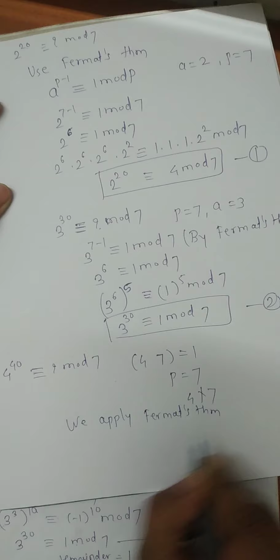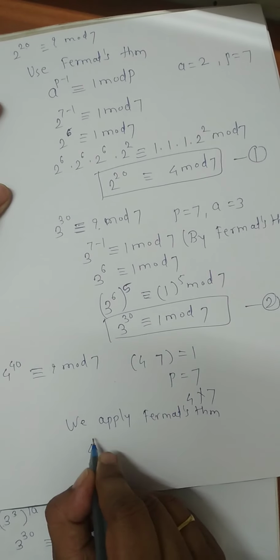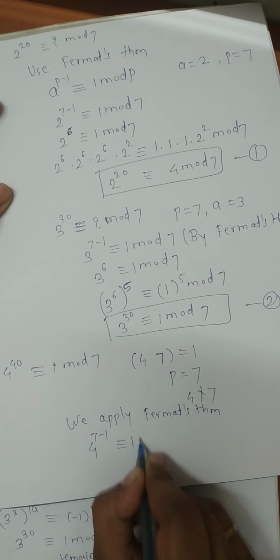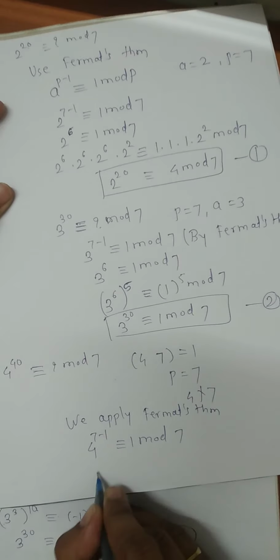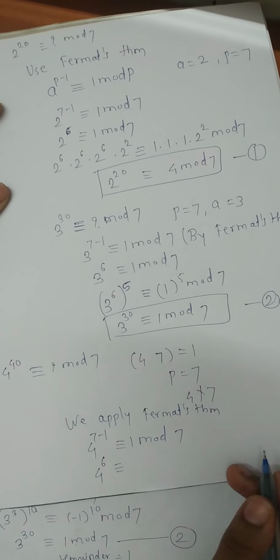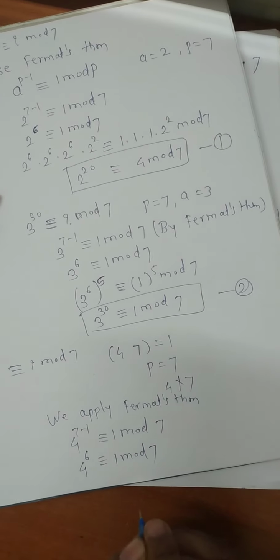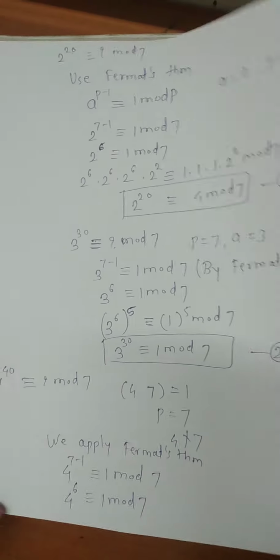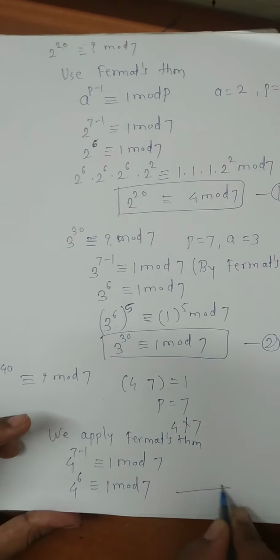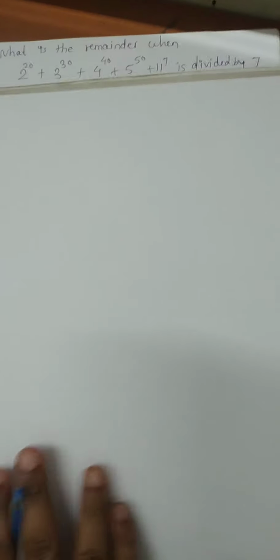So 4 to the power 7 minus 1 is congruent to 1 mod 7. So 4 to the power 6 is congruent to 1 mod 7. Okay. So on the next page, 4 to the power 6 and we want 4 to the power 40. Yes. So 4 to the power 6 is congruent to 1